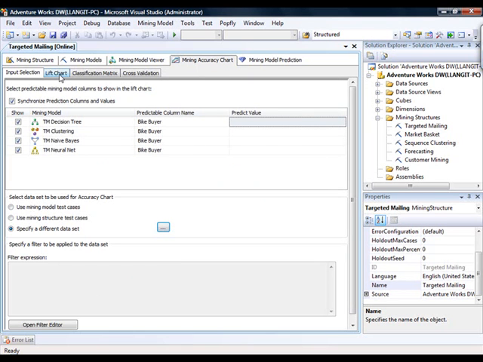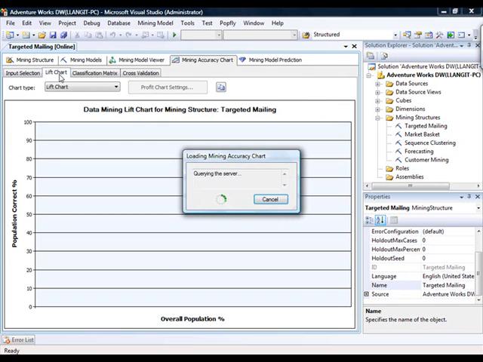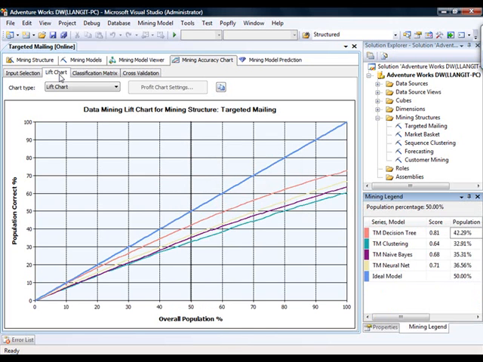And then I'm going to, at this point, simply display the lift chart for all the possible predicted values. So once I click on lift chart, it'll take a minute to render, and the resulting chart will display the random guess value for the predicted results and the perfect value, and then it will display the values for each of the associated mining structures. And you can see in our particular case the mining structures aren't scoring very well because the ideal model is here, and the most